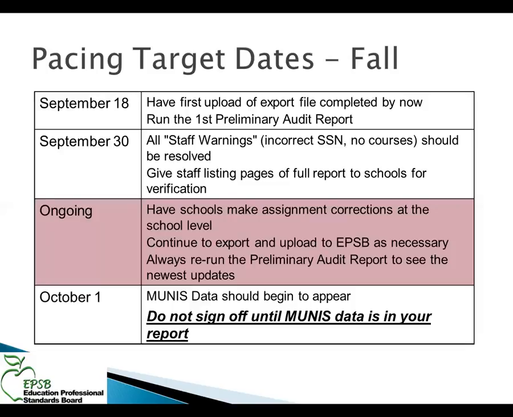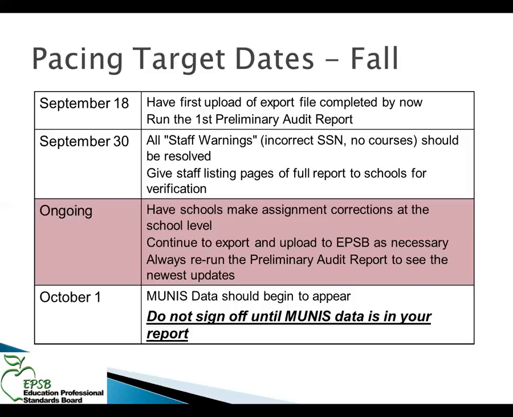I know as experienced lead coordinators, we get in the habit of, oh, those are usually easy to fix and I'll push them off to the end, when sometimes they're not so easy. So we want to make sure that those are being addressed and looked at pretty early on. Also, by September 30th, you want to make sure that your schools have done a staff list review of the staff list that's on the front 2 pages of their school's full data report to make sure we have the appropriate personnel in the report.